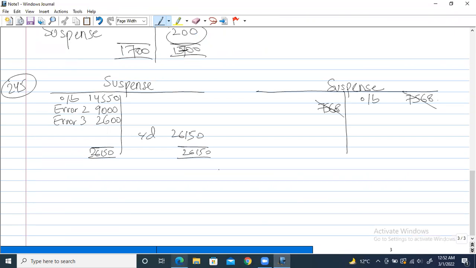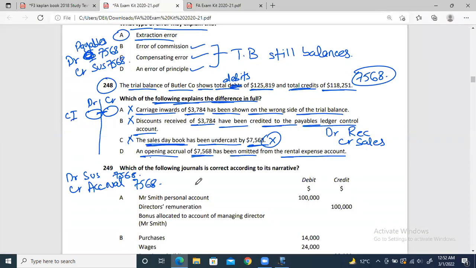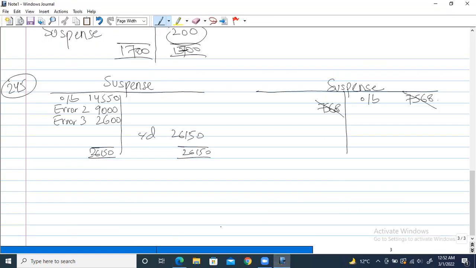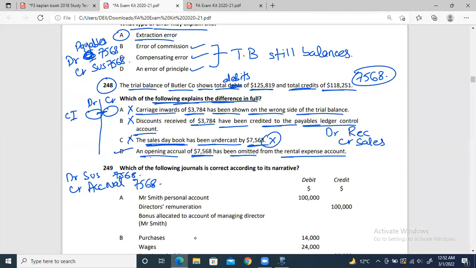Sorry, so basically what wasn't recorded was the credit accrual side. Exactly, the opening balance of the accrual account, which basically comes on the credit side. So if the credit side is not there, we'll fulfill that. We'll do credit accrual 7568, and on the debit side we don't have anything. We'll just enter it temporarily on the suspense account, and this will basically correct that error, right? This will result in the error becoming 0, right? So option D is the correct option over here, right? Got it? So I hope you're much clearer about this chapter, and